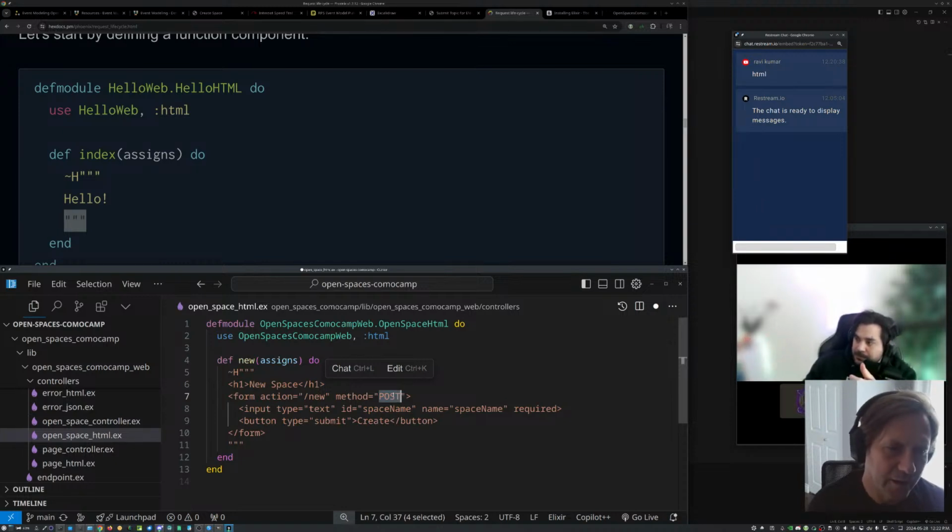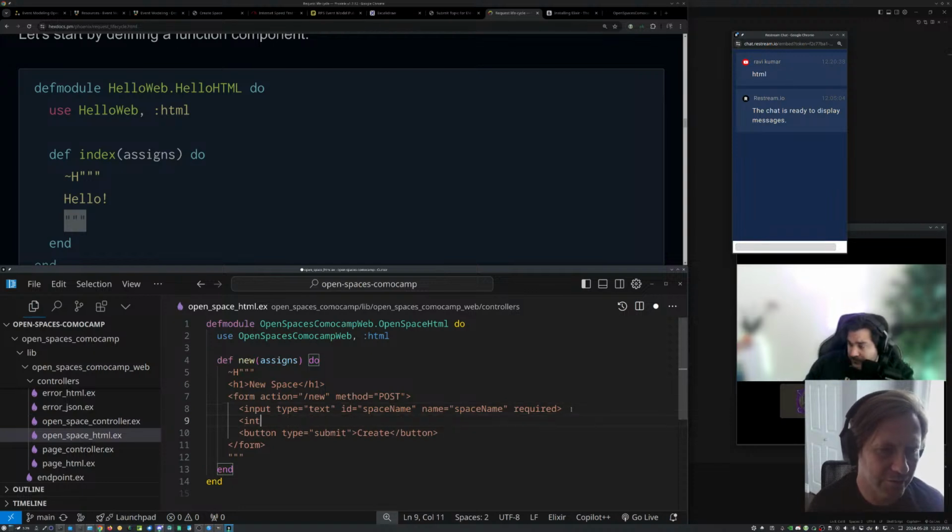Okay. I do want to do something dynamic here. I want to do an input ID, but I want it hidden. Is that right? And is this the correct syntax?